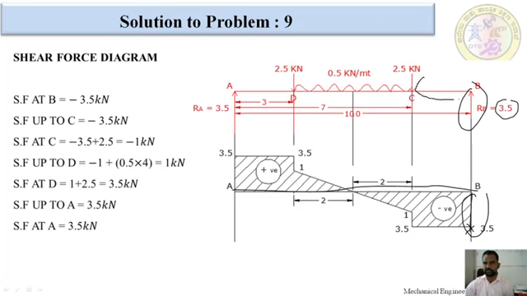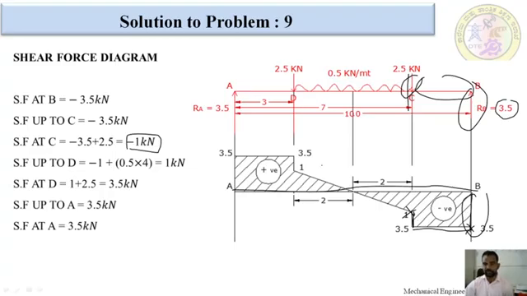There is no load between these 2 points. We will have the same load up to C point. For that reason, I am going to draw a horizontal line. After that, only at C point, we got negative 1 kilonewton up to C point. Negative means less than 0. I am going to mark it here and join with a vertical line. Wherever there is a point load, there would be a vertical line in the shear force diagram.